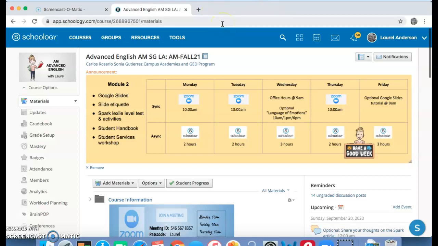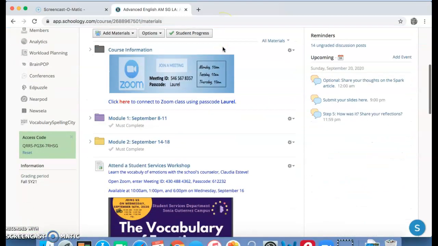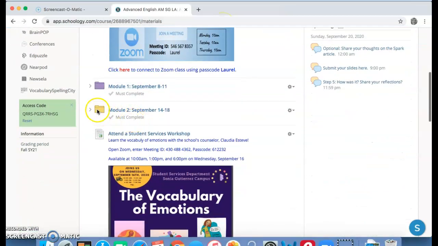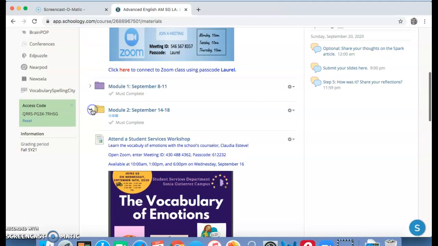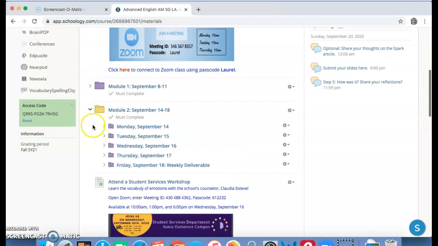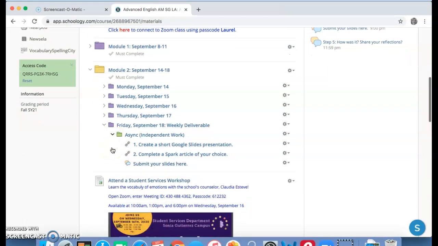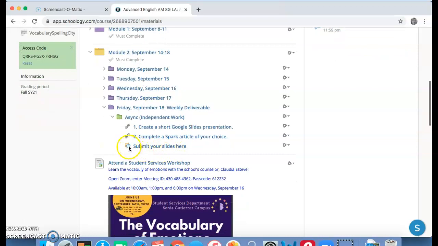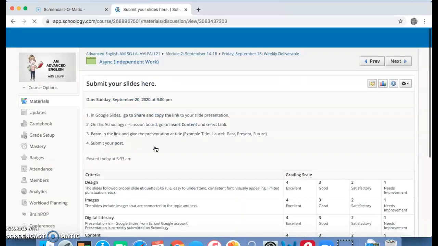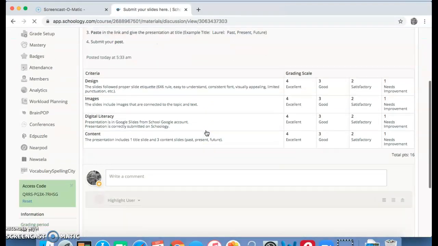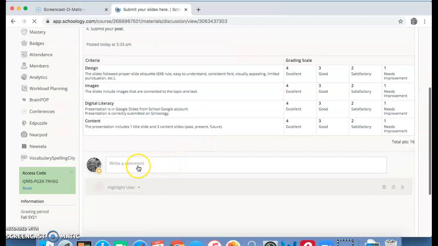What I need to do now is go into Schoology to Module 2, and down to the Friday folder, into the Async folder, and you'll see a discussion board link that says Submit Your Slides here. Click on that link and go down to the comment box, click inside,